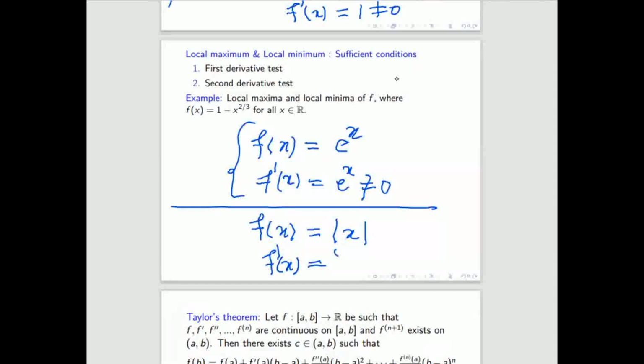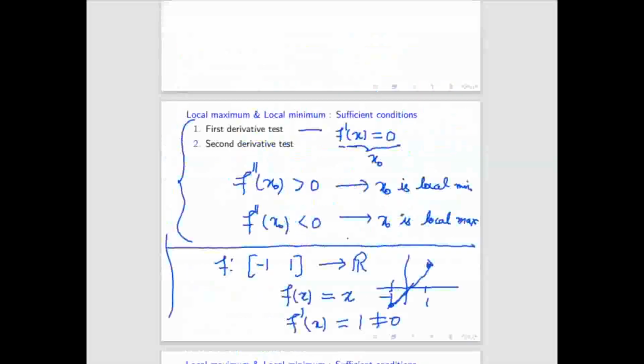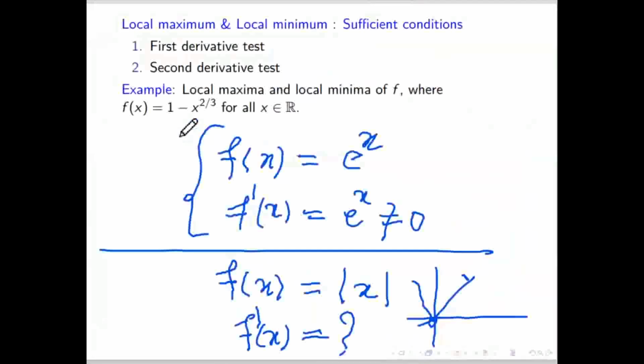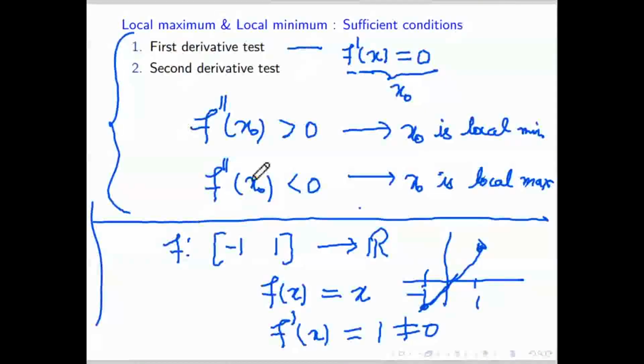So here you cannot even find the derivative. But if you draw the graph of this, you can say that this is the minima. So whatever result you know, is there some problem in this result, like f dash x equal to 0, this first derivative test or something? Whatever I wrote, is it the correct result? Or is something missing here, so that's why we are unable to say the answer to this question?